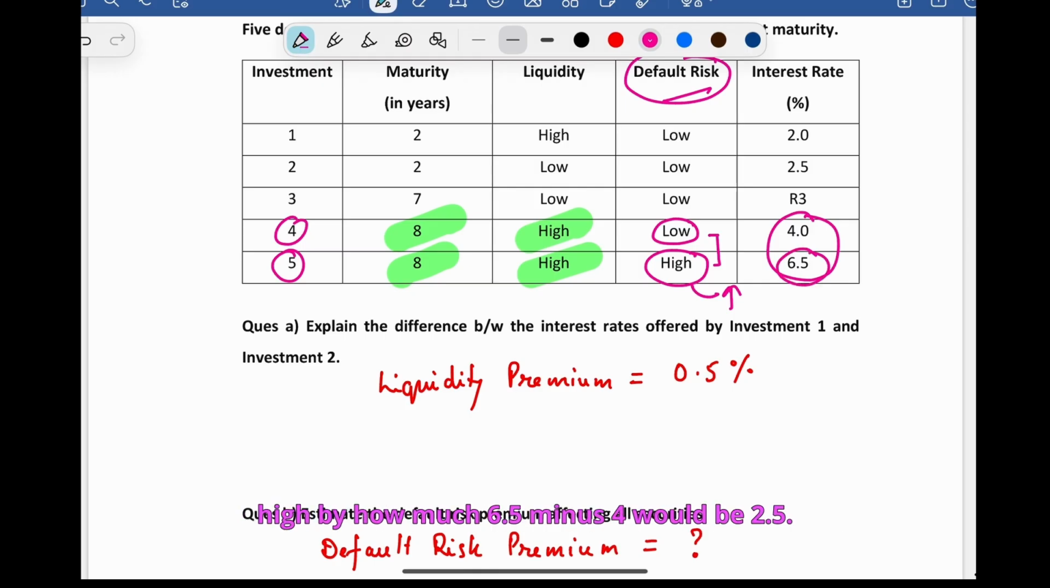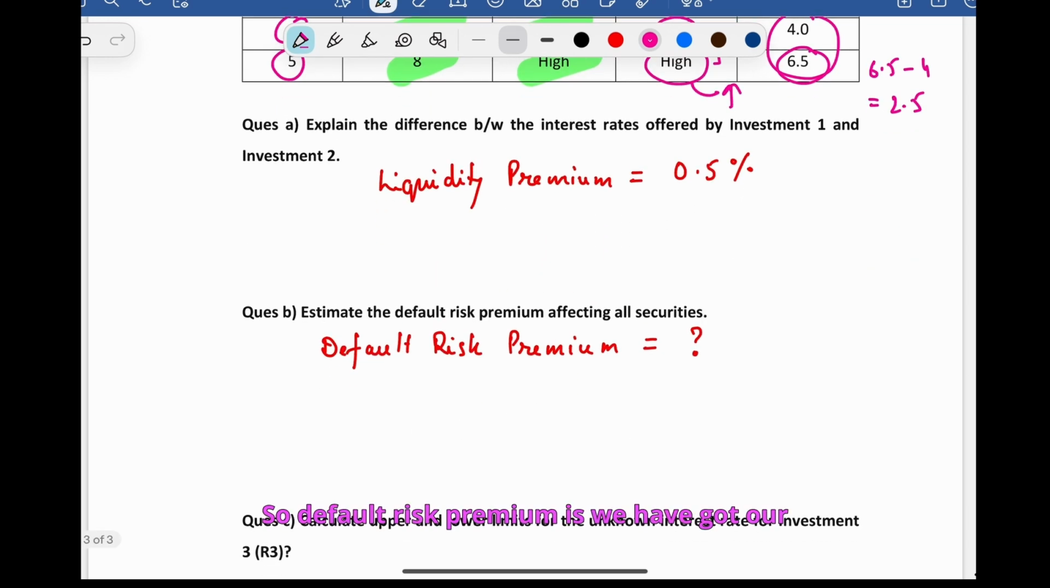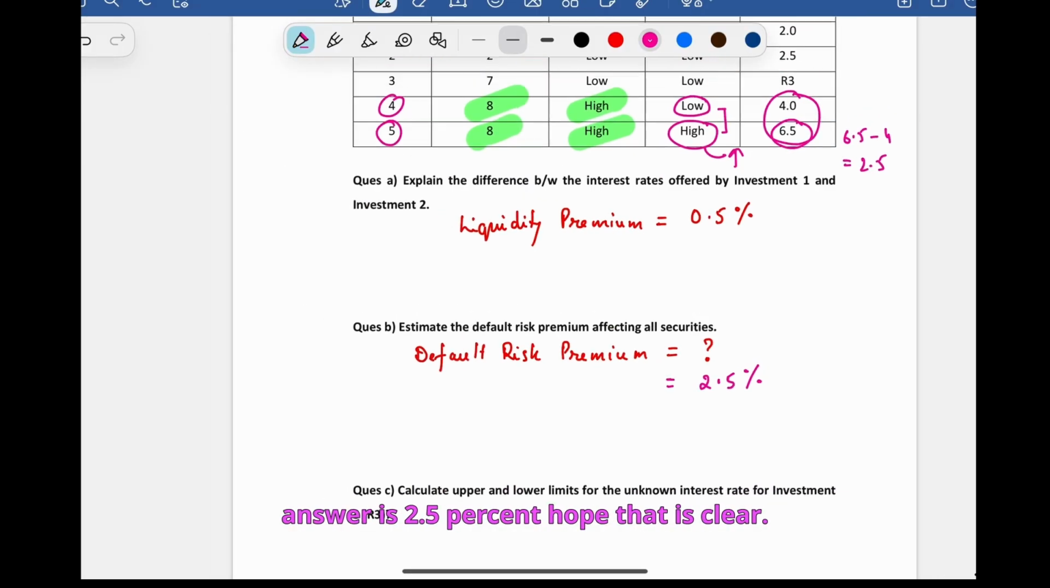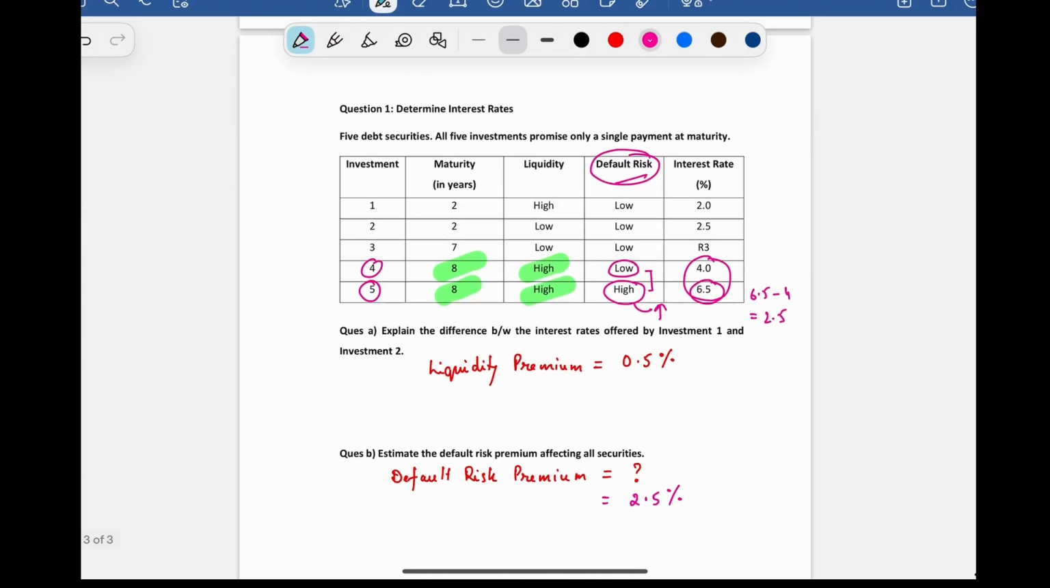And it is high by how much? 6.5 minus 4 would be 2.5. So the default risk premium, we have got our answer, is 2.5%. Oh, that is clear. Now,